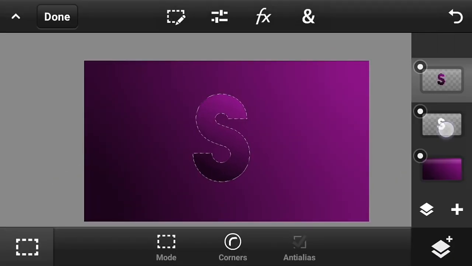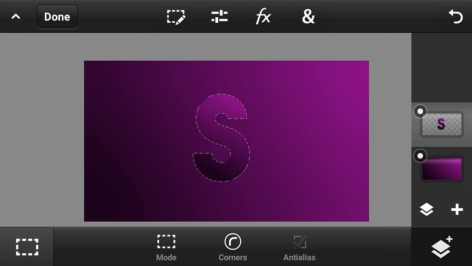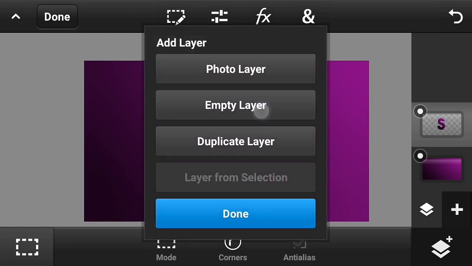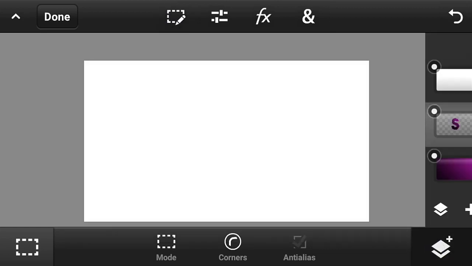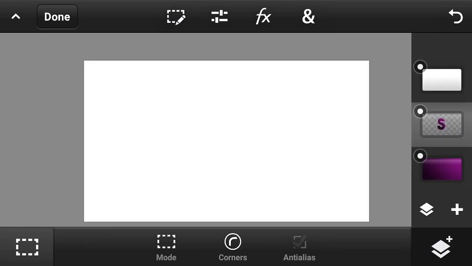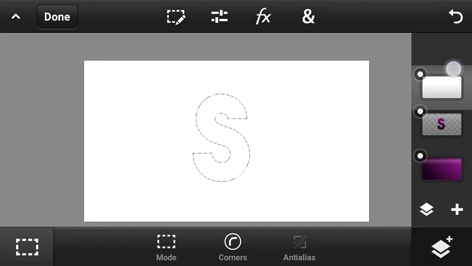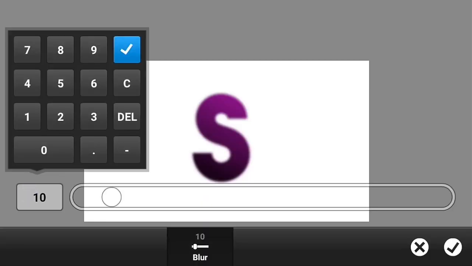Then click the check mark button, go to the layer of the first custom text that we made, and delete that, because we don't need it. Now make an empty layer, go to adjustments, fill and stroke, and make it white. Then go on the layer of the text, select pixels, go to the layer of the white that we made, and cut it just like that. Then go to FX, Gaussian blur, make it something like 20.